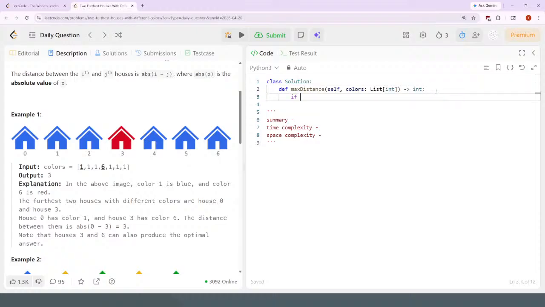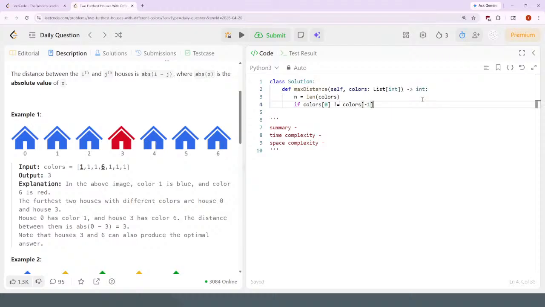So if colors, let's say n is equal to the length of the list, if colors of 0 does not equal colors of the end, return, so that means they're different, so return n minus 1 because it's 0 indexed. That's just the difference between those two. Yeah, and then